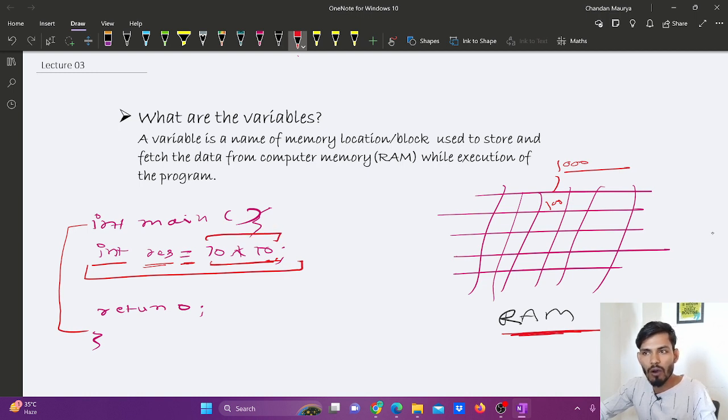So the computer will perform the operation. The computer will multiply 10 into 10 and say the output is 100, and the 100 will be stored somewhere in computer memory. Now this time the 100 will be stored here. Okay, and the address of this memory block is, for now,